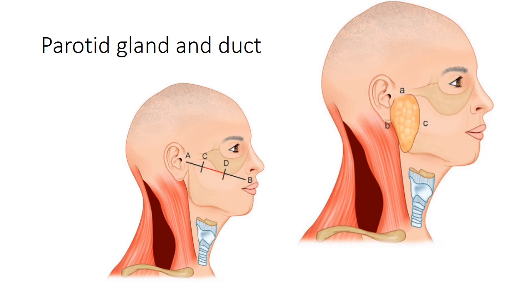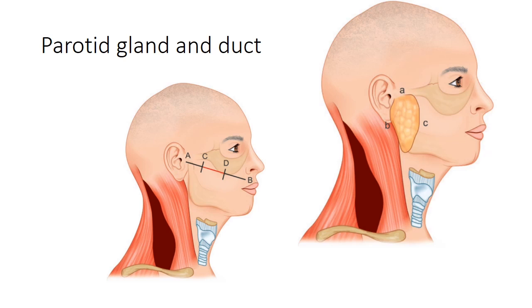So this is the line, we can see the parotid duct, which we can define as a line extending from the external acoustic meatus, that is point A, to a point midway between the ala of the nose and the lateral angle of the mouth. So this is the lateral angle of the mouth and the ala of the nose. Between these two, we draw a line up to point B.